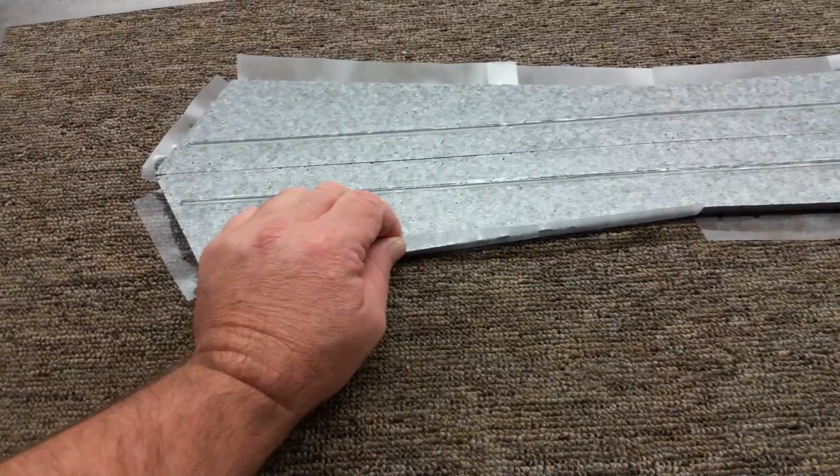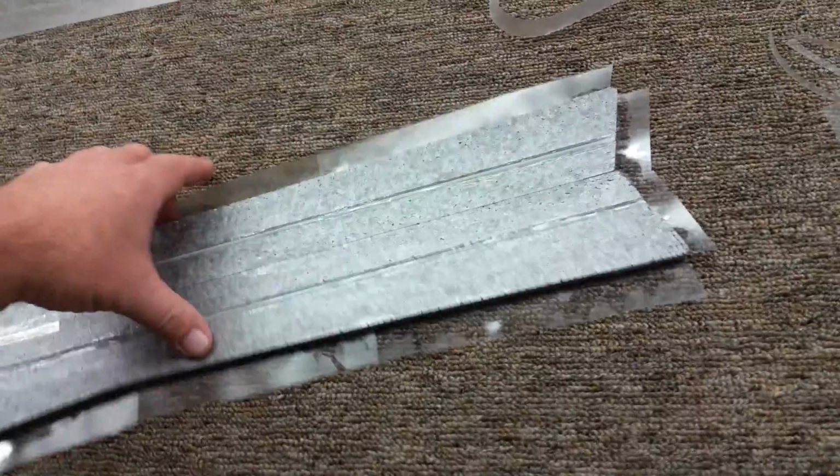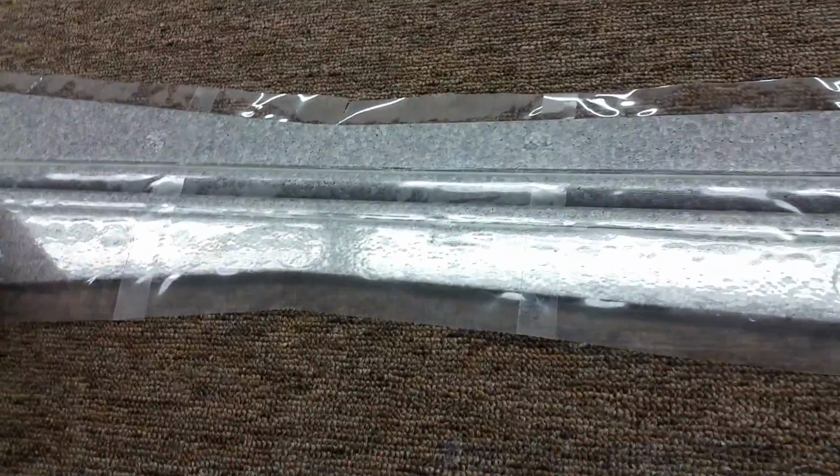Everything around the edges is doubled up, and then you trim out the center right down the middle with a straight edge and a very sharp razor, and then you trim the middle and you roll that in, and these things are like machetes after that. That weigh nothing. I've taken the edges and flipped them up